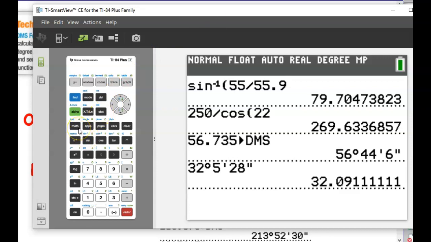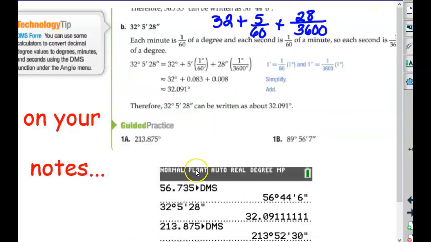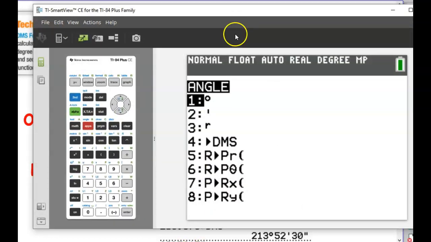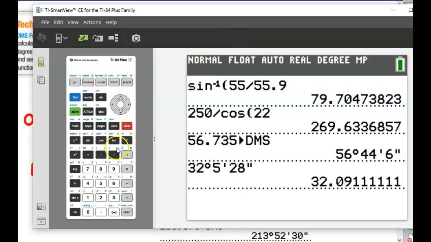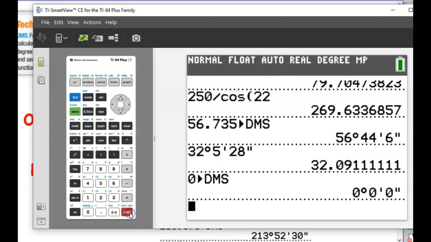Say that again. You went to angle. I just do this, and then it gives me all the little 3 numbers, and then I go here, and then. Oh, never would have thought of that. Okay, so what he said was he did 0 and then went to degrees, minutes, and seconds, which is choice 4, and hit enter. Because then if he went back up,